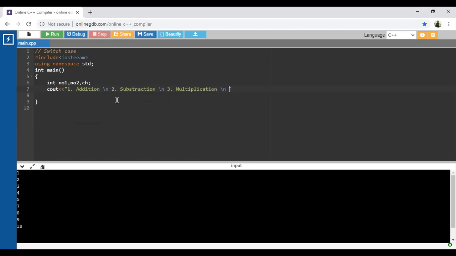Fourth one is division. And fifth and last, 5 is for exit, or anything else as per your choice. After that, semicolon. After that, enter 2 numbers.